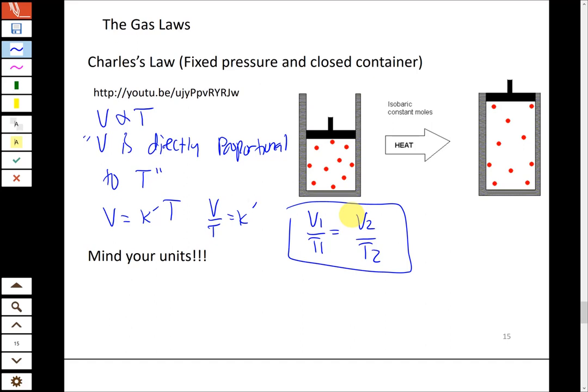Now that we've introduced temperature, though, into the story, we have to be careful with units for temperature especially. So volume can be whatever units you want, as long as they're the same on both sides. In the previous problem, we had pressure units. Those can be the same. They can be whatever you want as long as they're the same. But when we're using temperature, just T, not delta T, but just absolute temperature, T, it must be in the units of Kelvin. So anytime you're doing a gas law problem that involves temperature, get used to putting your temperature